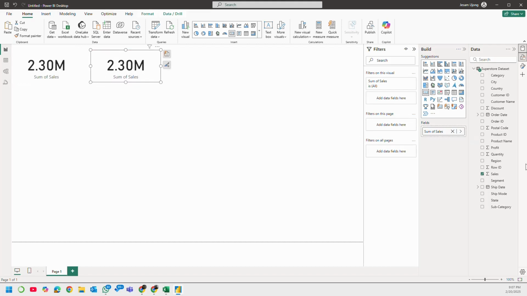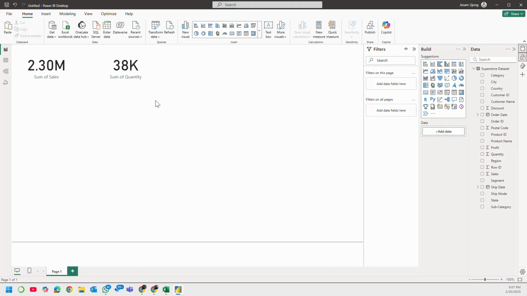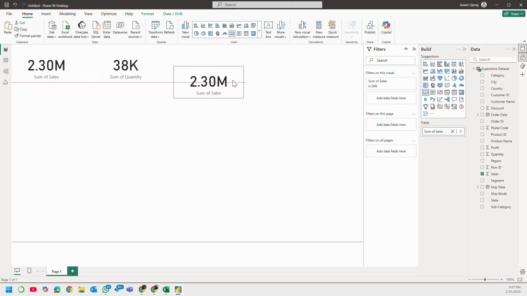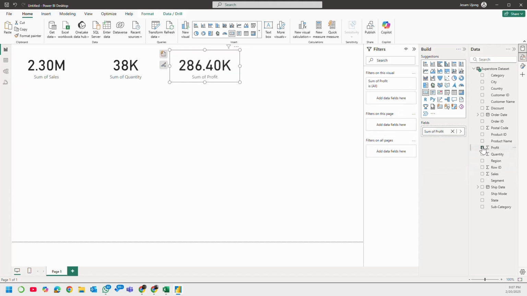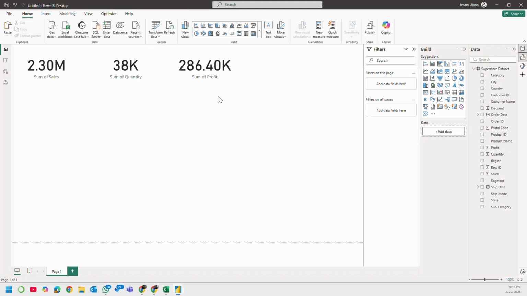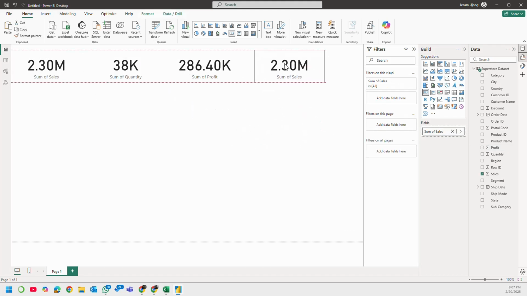and remove this. Maybe I go for quantity, check quantity, sum of quantity, and then Ctrl V again. I uncheck sales and I go for profits, sum of profits, Ctrl V,